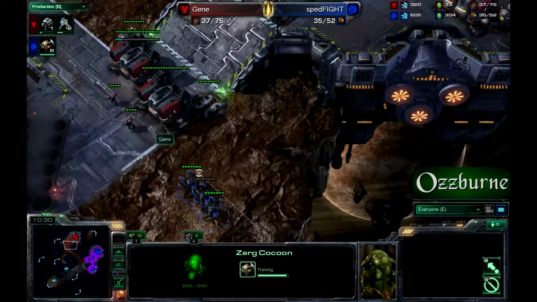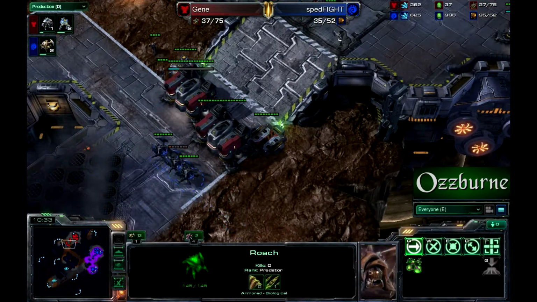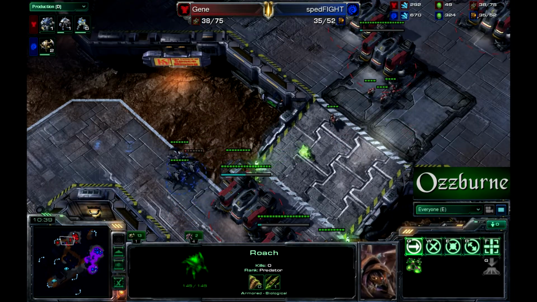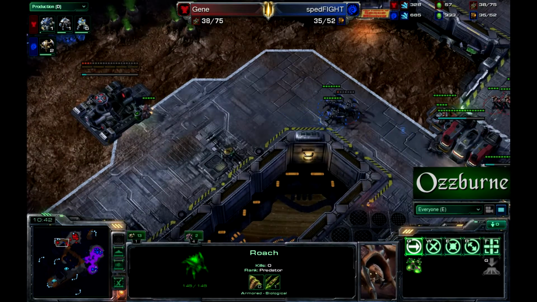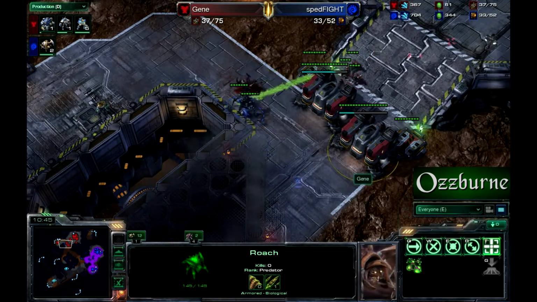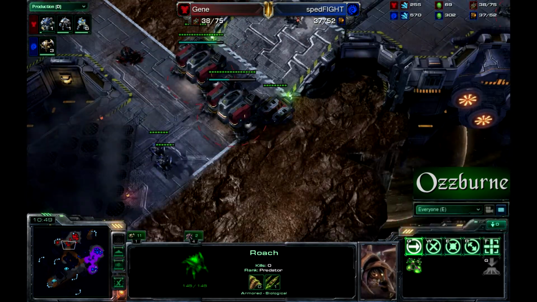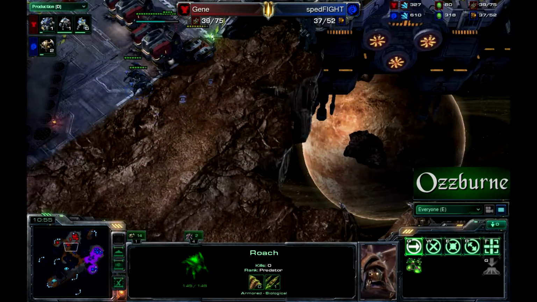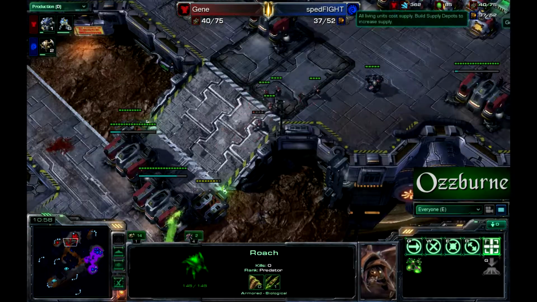Gonna come back, gonna go up the ramp, gonna try and take out some of these barracks if they can. No taking out the barracks. Gonna melt those Marines though. One-shotting those Marines. Sour about those one-shots. Meanwhile, here comes some more roaches. Looks like 6 roaches to reinforce. That is a lot of roaches to just deal with Marines. I don't think these Marines...